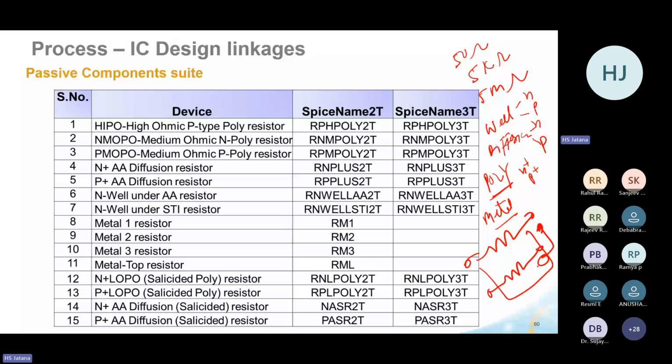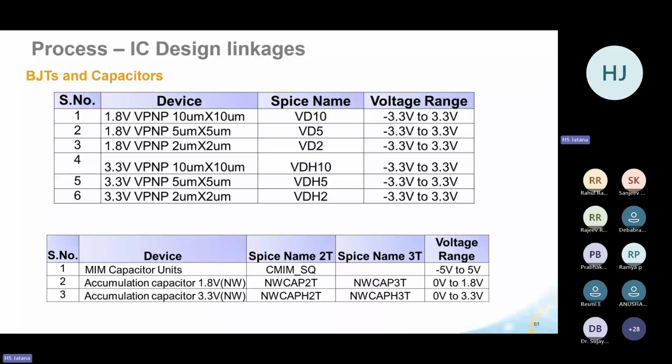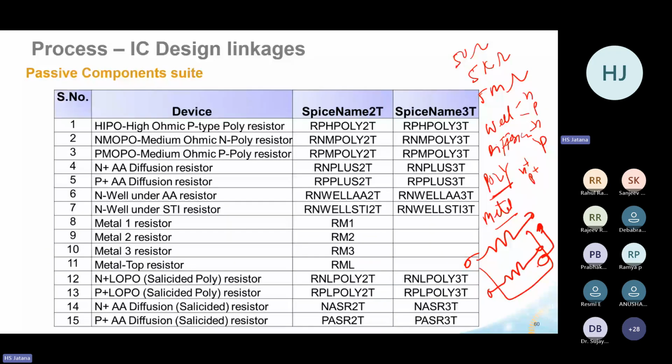These are the names given for the different types of resistors, their spice names, and their sheet resistivities are not given. Each type of resistor has 3-4 positive points and 3-4 negative points, so it depends on the designer which one he chooses